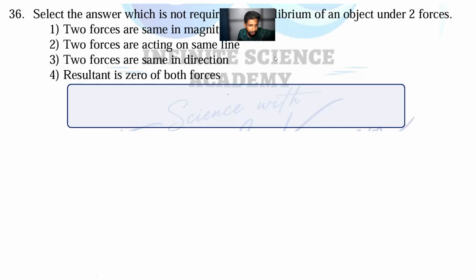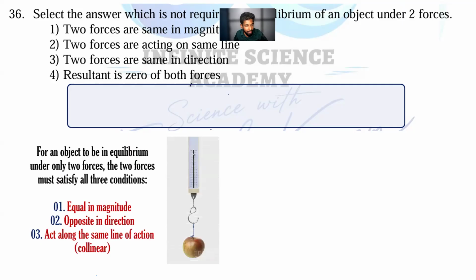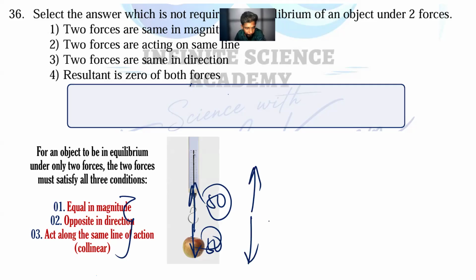Praveenan, I told you, remember that time the resultant was here. Listen, Praveenan, look at the question, my dear. 50 Newton. So these are the conditions. Equal in magnitude, equal means 50-50. Opposite, north and south. And along the same line. So they are conditions, but they are asking the